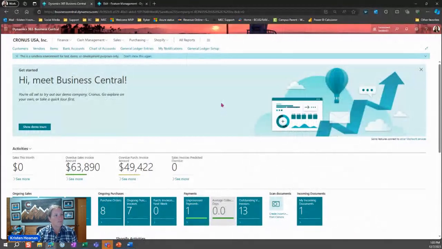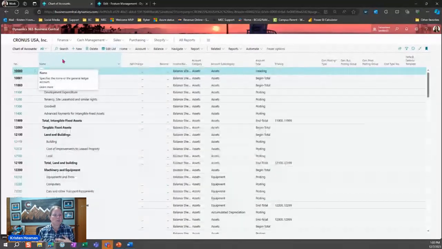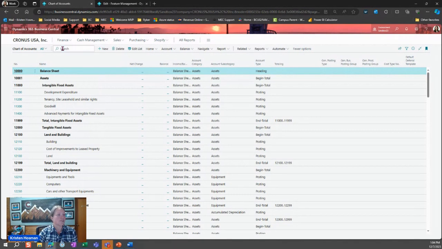So first off, there's a little bit of setup that needs to happen in the chart of accounts. And in my scenario, I'm using American Express Payable for this example. So there are times where a vendor will send me an invoice and I want to pay that on my credit card and have that sit in a liability account until I get my credit card statement. Then I go ahead and true everything up and get it into accounts payable. But how do I do that exactly? So in the chart of accounts,